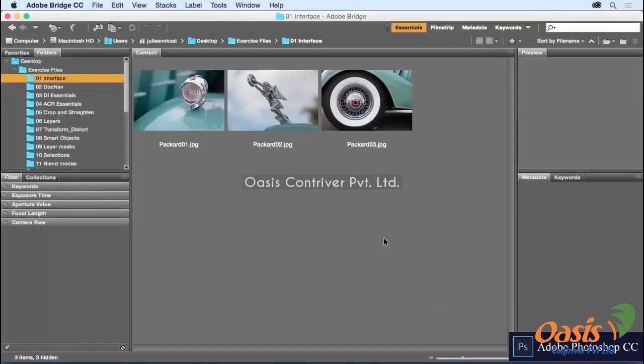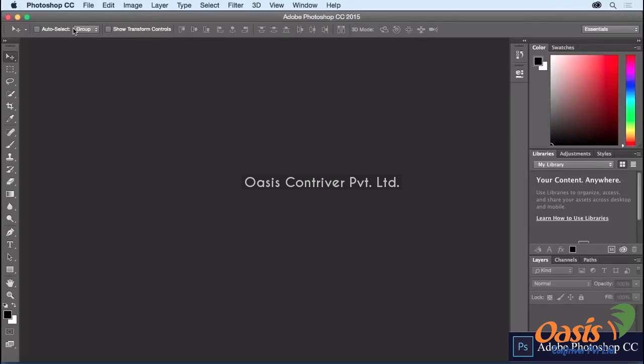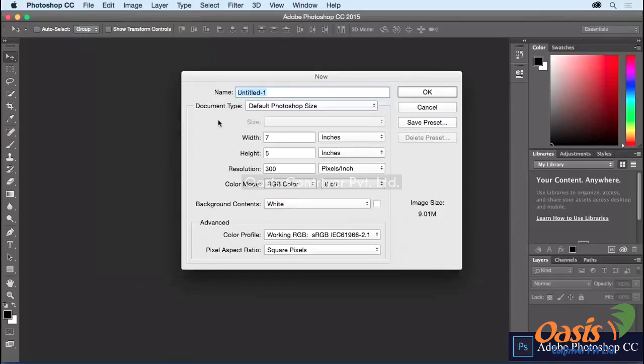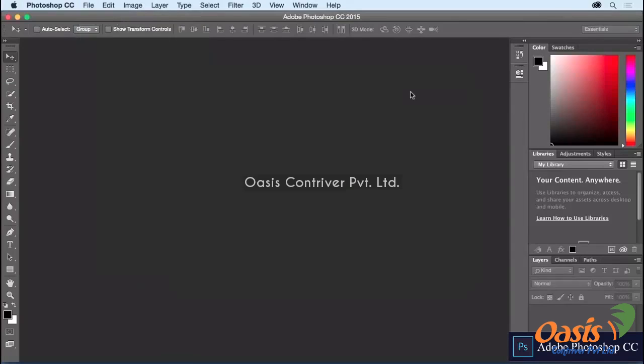We'll return back to Photoshop by clicking on the boomerang and open a new document by selecting File and then New. I'll leave it set to default settings right now and click OK because I want to show you if you